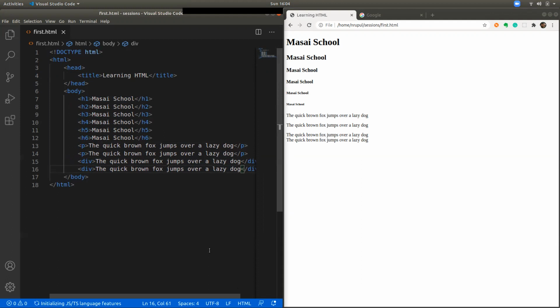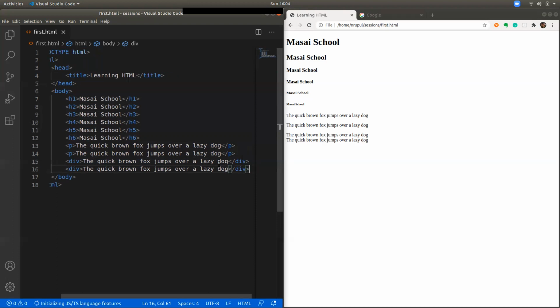Now there are two more elements or tags which you need to understand. One is UL, which is the short notation for unordered list. There's one more thing called ordered list, which is OL. Whenever you want to create certain pointers, let's say pointers of text, you can use UL.